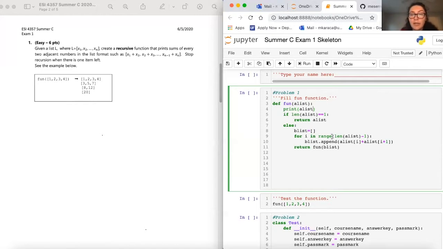It's going to come again, and we will add 3 and 5, which is 8. 8 will be appended to B list. We will add 5 for the next for loop. We will add 5 and a 7 together. It's 12, and we will append this number 12 to B list again, and we will return the same function